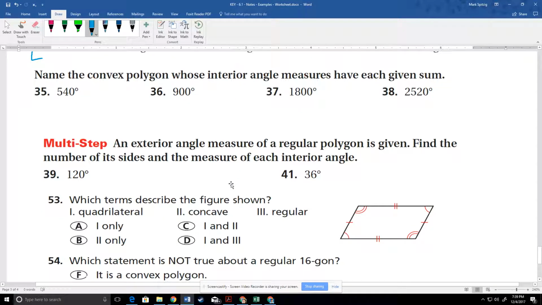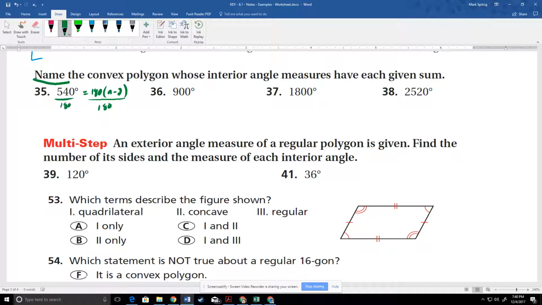That's great. All right. So it says name the convex polygon whose interior angle measures have each given sum. So it's telling me that all the angles add up to this 540. Now we just did one, so we should have an idea, but we should figure it out. It says name it, so we're going to name it based on the number of sides. So we have to find the number of sides, which means we have to find n. I'm saying something minus 2 multiplied by 180 has to give me 540, and when I divide both sides by 180,